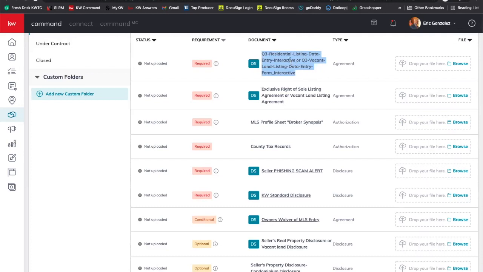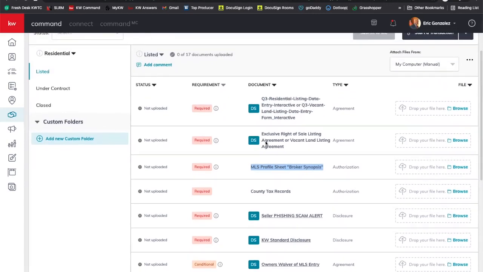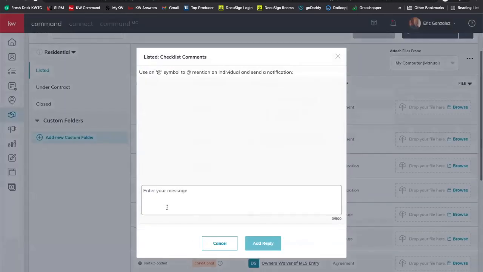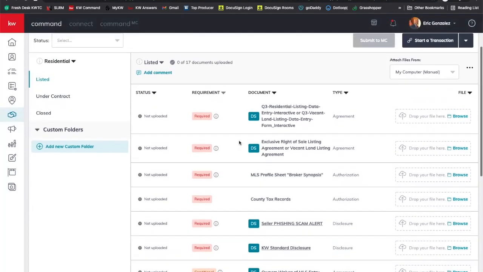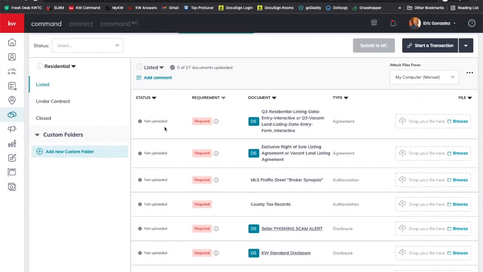In our office, Dallas and the broker have agreed that if you give us an MLS broker synopsis sheet, which you can get directly from MLS, initialed or signed by the seller, then you don't have to give us a data entry form. So what most agents do is simply take the broker synopsis that's been signed or initialed and upload it here, and then it's done. If you submit your listing paperwork and you still haven't done that, I'll send you a comment via the comments and let you know, hey, I still need the broker synopsis signed. I'll always update you via the comments as well as